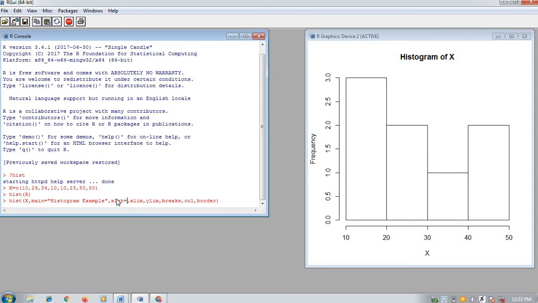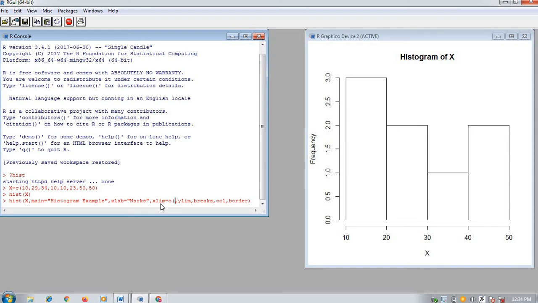So what is xlab? Suppose marks. For xlim, we can define a vector having the lower and upper limit for the X axis. By default it has taken 10 to 50.